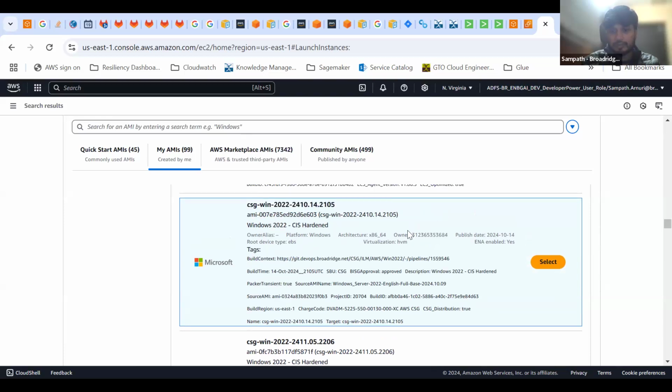You can see the owner is a different account. It's not coming from my account directly. So that different account has shared an AMI with me to be used because it clearly says it's a hardened one. CIS hardened is nothing but our security team has hardened it. Okay. So these are shared with me. And in the quick start AMIs,